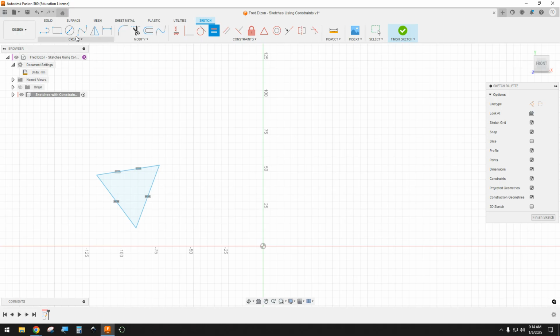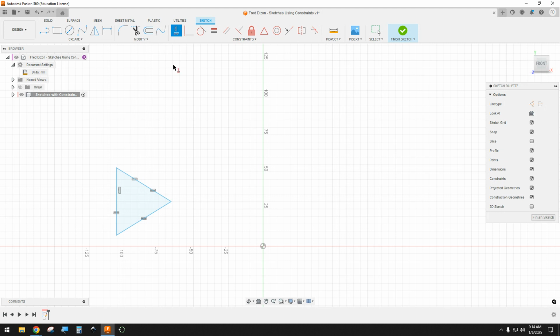Okay. We can actually make this triangle face up by making one of these lines horizontal. So you're going to click here, horizontal, vertical, and you're going to click on this line. Okay, now on that one, it made it vertical. I kind of want it horizontal along this plane, so I'm going to